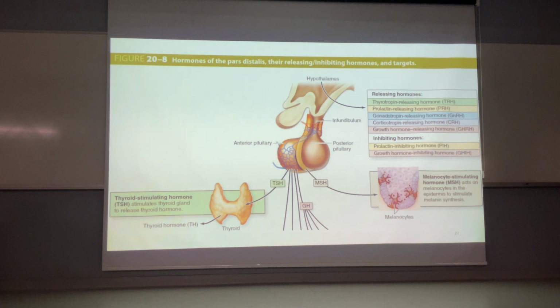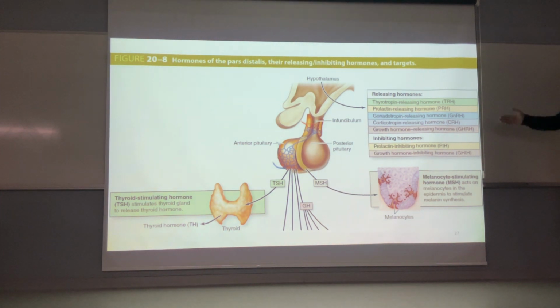And here we can see the TRH, prolactin releasing hormone, GnRH, corticotropin releasing hormone, growth hormone releasing hormone, and also we have inhibitory hormones like prolactin inhibiting hormone and growth hormone inhibiting hormone. These hormones are produced in the hypothalamus and then come to the anterior pituitary part, or the adenohypophysis, and can